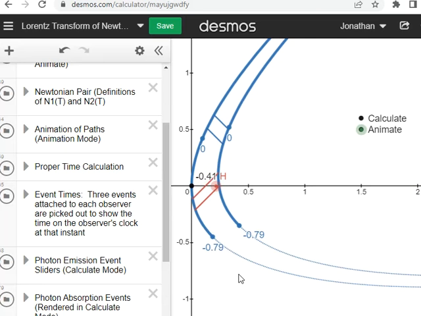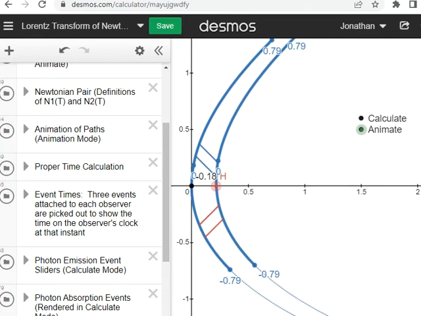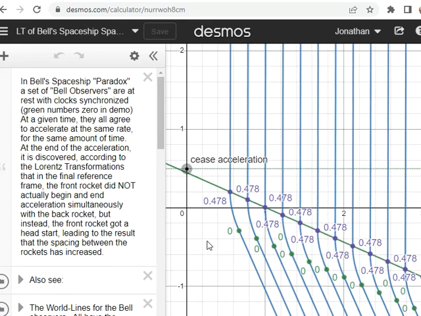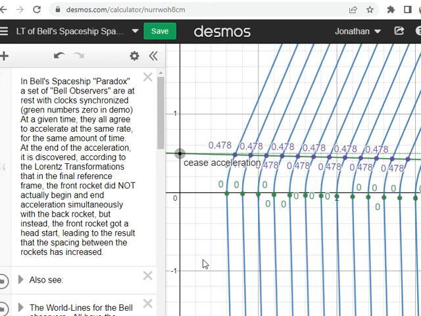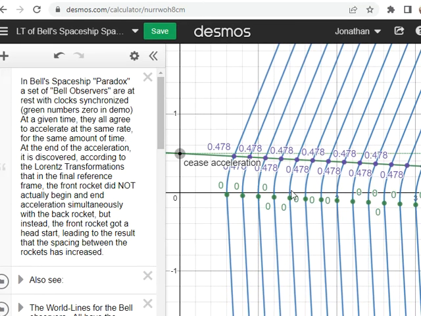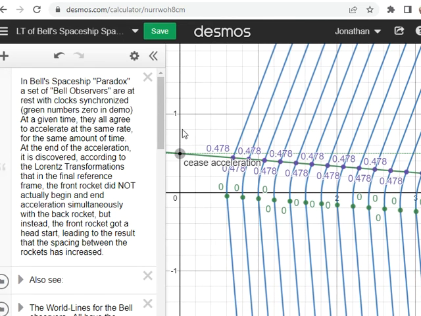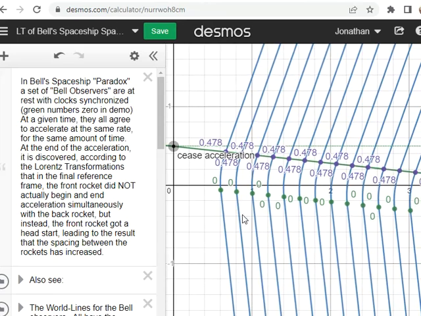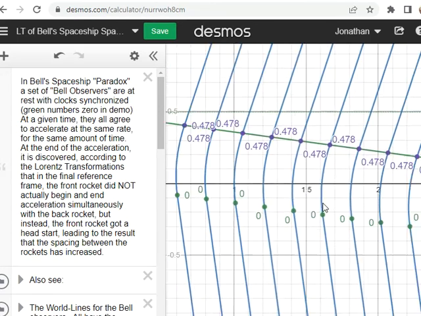That's fun. Okay, let's look at another demo, because this is the Newtonian pair. And what I've got here is, instead of calling these Newtonian pairs, I'm calling them Bell pairs. Each pair is a Bell pair. It's based on something called Bell's spaceship paradox. And in Bell's spaceship paradox, you've got basically a bunch of